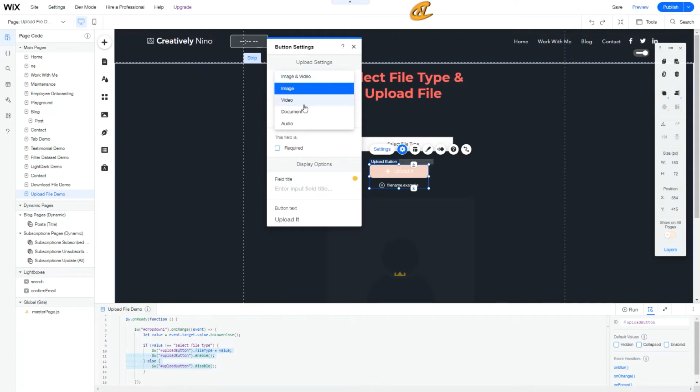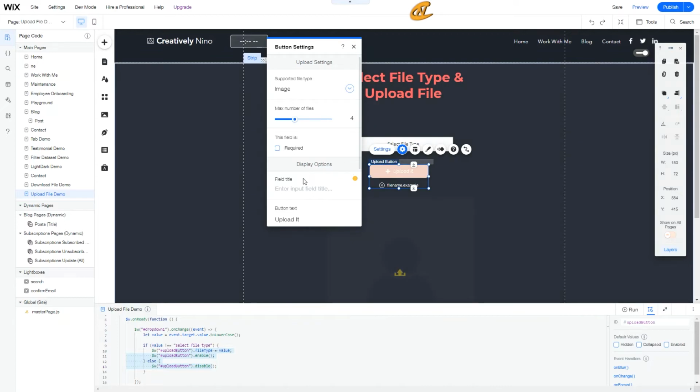As you can see, image, video, this is for your gallery settings. And then this is for just the image, a video, document, or an audio. Okay, and then also you have the max number of files that you can put in here. We can set that to as many as you want, and it actually will be able to upload that amount